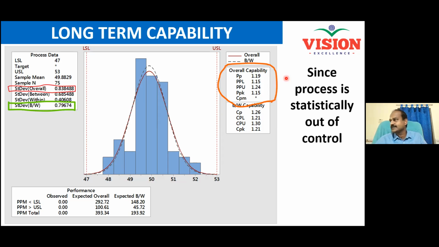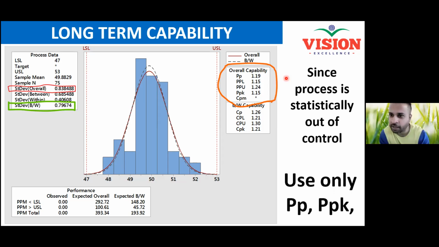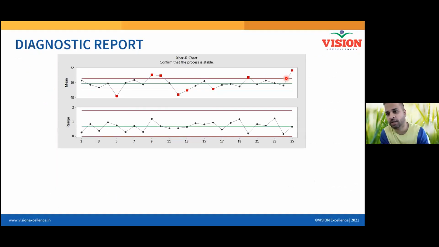And always when you need to plot a control chart, actually to understand whether your process is in control or out of control, you need to plot a control chart. If in the control chart you see any point outside the control limit, then you should not calculate CPCPK. So, but again, any point means we are allowing 0.27, even if we consider 3 sigma, then we are allowing 0.27 to be out of the control limits.